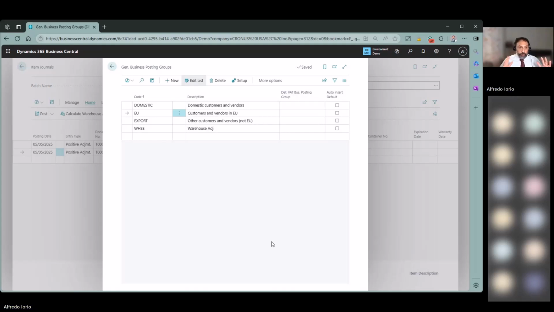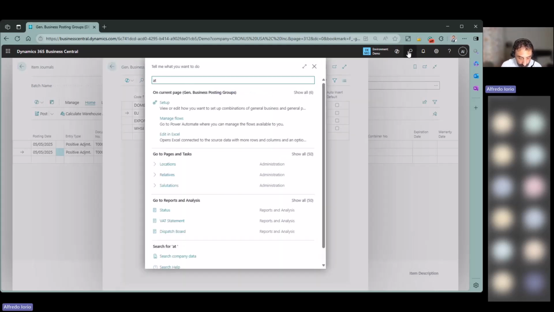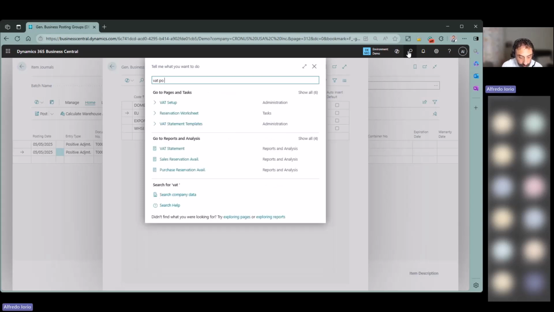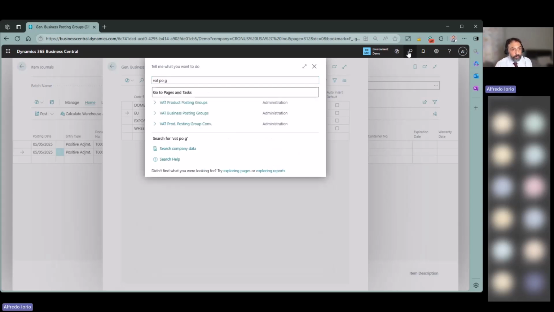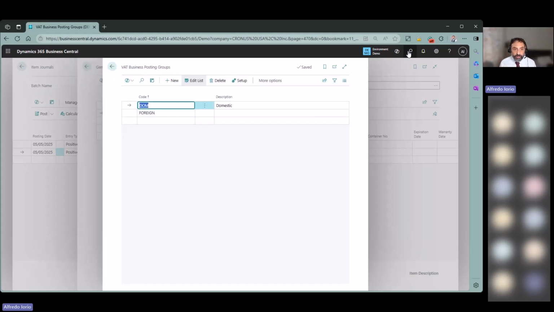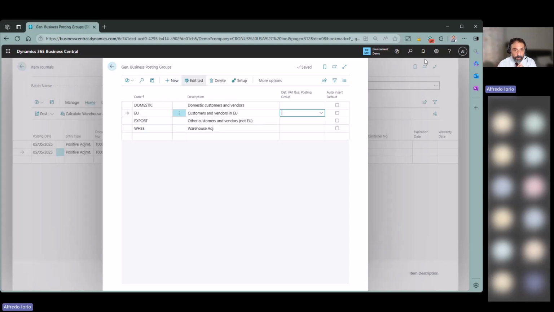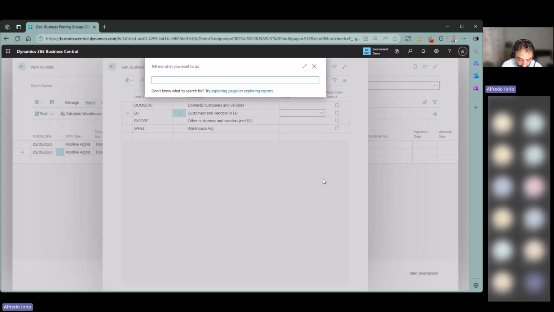I don't enable duplication. The VAT posting groups, VAT business and VAT product posting group exist. You can see domestic and foreign for the VAT business posting group. And then we have the VAT product posting groups,